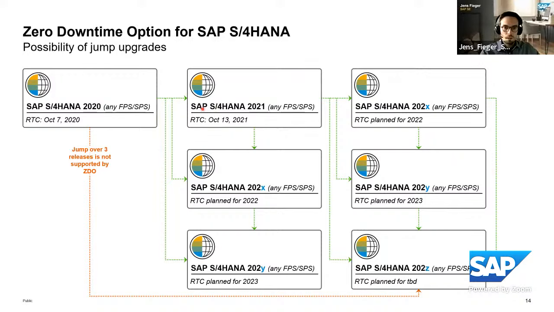So that's what we plan now, and you can see here in the lab preview that we will have the opportunity and possibility to do an upgrade from 2020 also to the 2023 release. What I can't answer right now is how that would look if I start now in 2021, and can I then go to 2023 only, or also to the successor of 2023 that comes in 2025? This question I can't answer. That has to be defined and rolled out